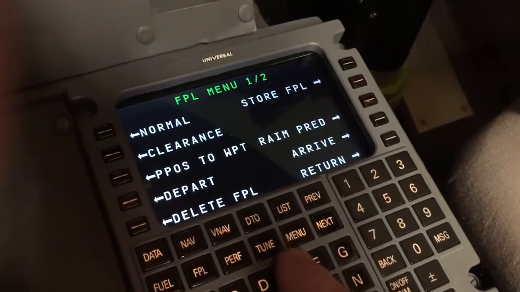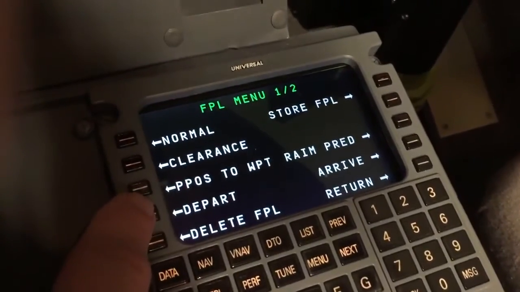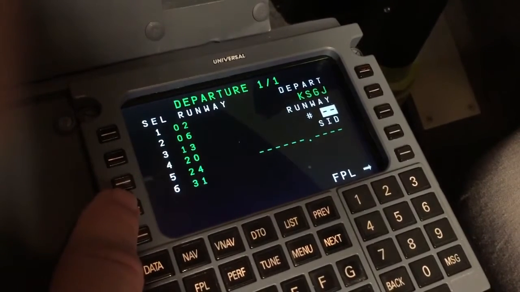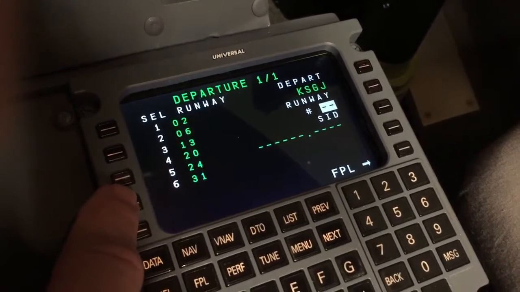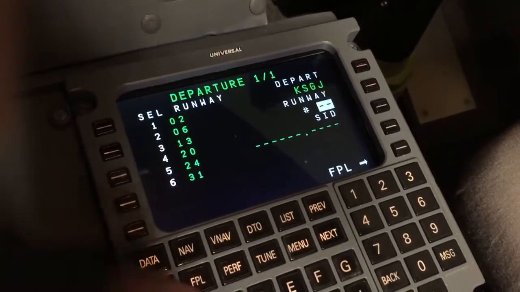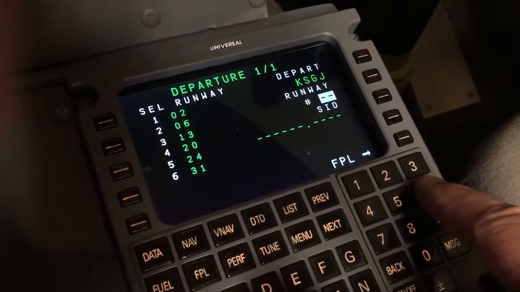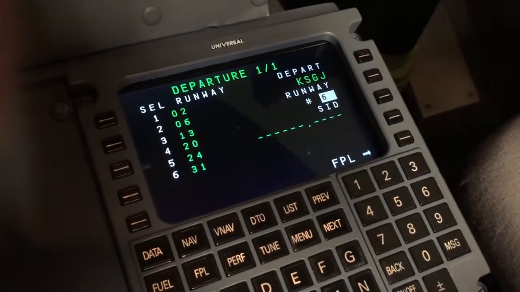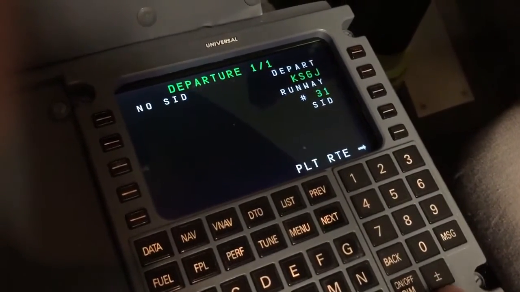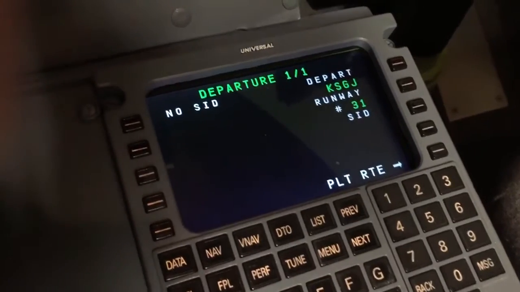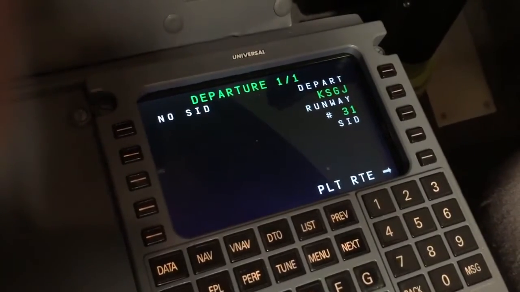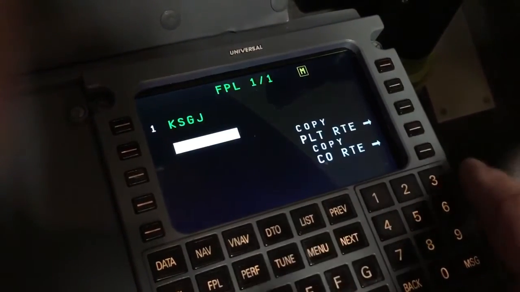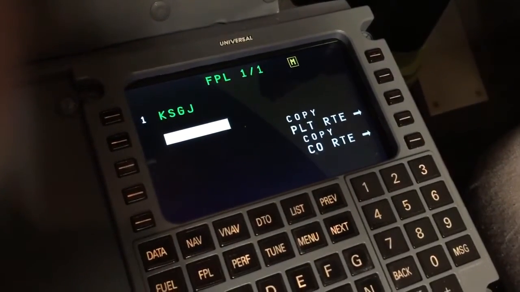So we're going to go to menu, and we're going to press depart. We're going to choose our runway. In this case it's going to be runway 31, which is option 6. So we're going to choose number 6. It puts it in the scratch pad over here, and we're going to hit enter. So now we see that we have runway 31 selected for St. Augustine. So now we're ready to go back to the route, and we're going to choose our next waypoint, which